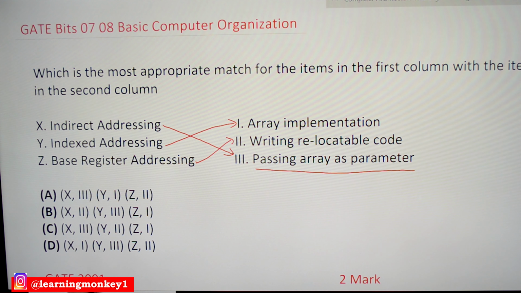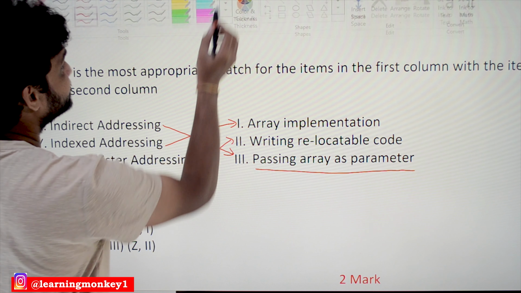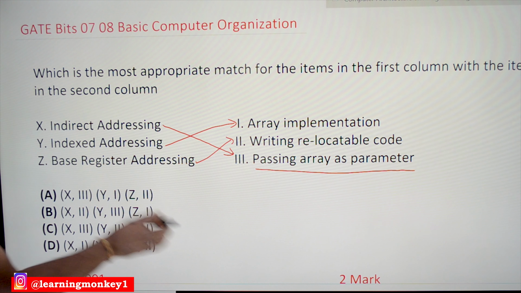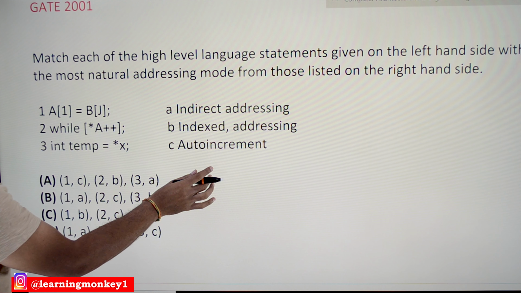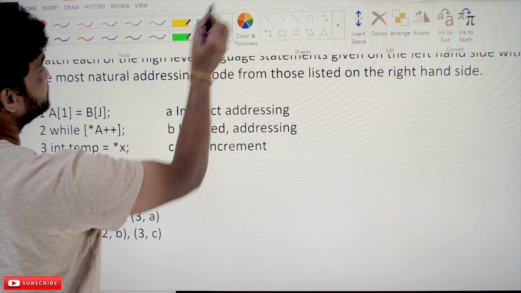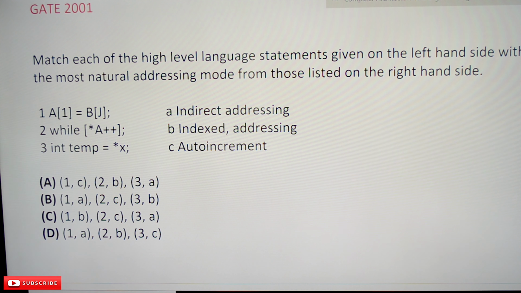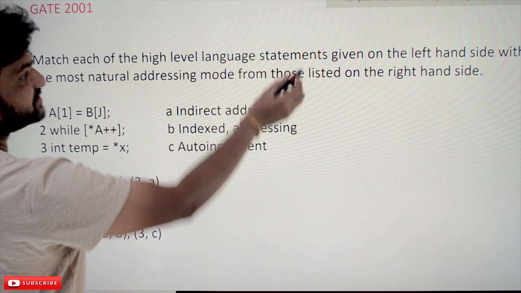This bit was asked in GATE 2001 for 2 marks. And the next bit is also a similar bit. Why we have taken these bits again and again is to make you understand the importance of addressing modes. The next one is to match each of the high level language statements given on the left hand side